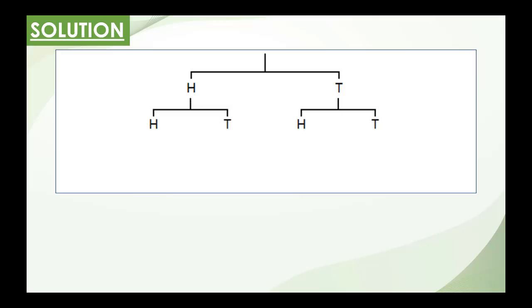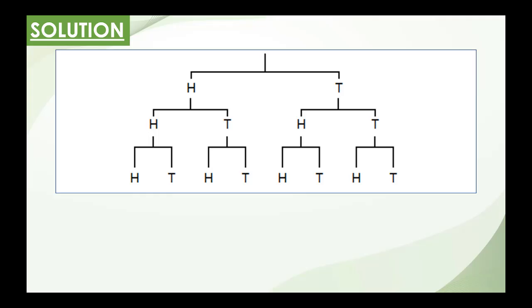If we were going to make a tree diagram for 3 different coin flips, the first coin flip could come out heads or tails. The next coin flip could come out heads or tails, but notice we have a branch on each one for heads or tails. Then the third coin gives us the next layer of the tree, also heads or tails, but we put that heads or tails on each one of these branches. So then if we count up the bottom, we can look and see 1, 2, 3, 4, 5, 6, 7, 8. So our sample space